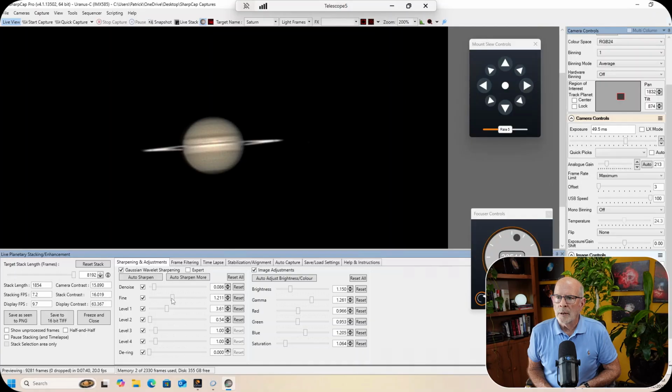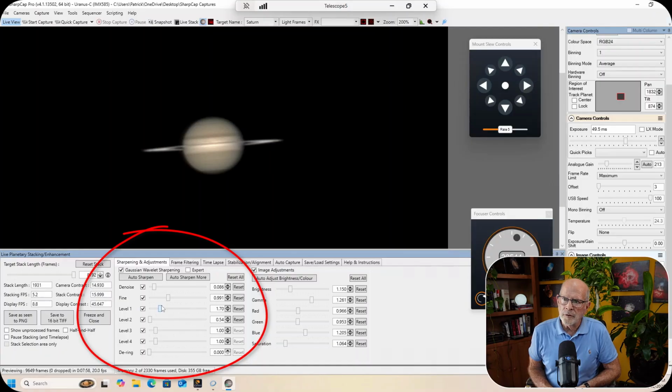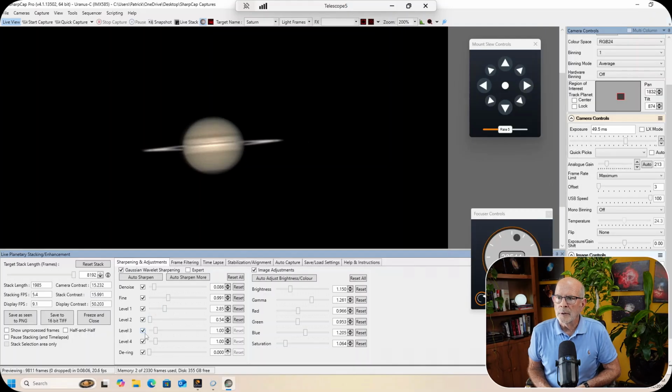But there's the live or the stack view right now. There I'm playing with the controls that you see a lot of times over in AutoStakkert, and also not AutoStakkert, but with RegiStax 6. You have these controls for the wavelengths and so forth. They're right here, and you can control everything. And then when you see something you like, you just hit save to a 16-bit TIFF or to a PNG file, and you're good. So, yeah, this is really nice, stacking with